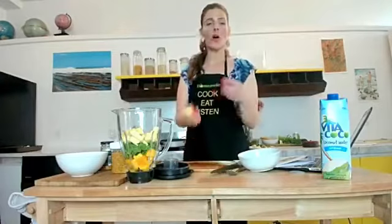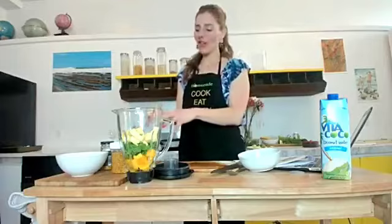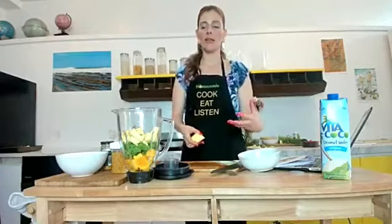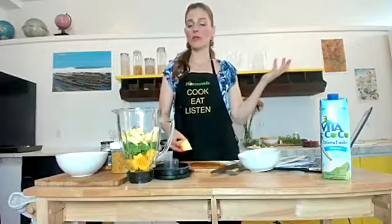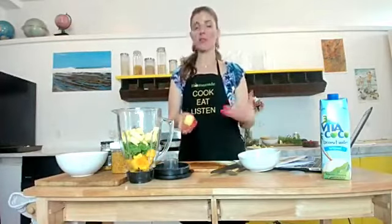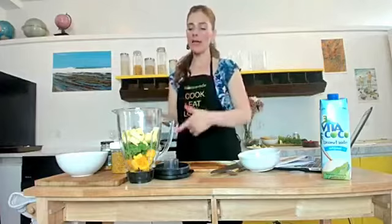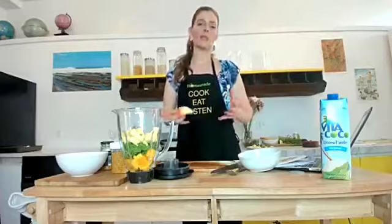And so these have got whole fruits, they've got greens, they've got other fiber containing goodness like chia seeds and flax seeds and psyllium, which help regulate your blood sugars. And if you add ingredients that are high in protein, such as a protein powder if you want, but you can also use things like yogurt, which is high in protein, white beans, which one of my members used, tofu you can use, and obviously nuts and seeds are high in protein. And if you add healthy fats like nuts, seeds, or avocado, or nut butters, you really help stabilize your